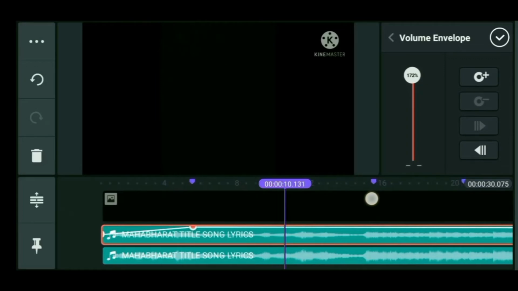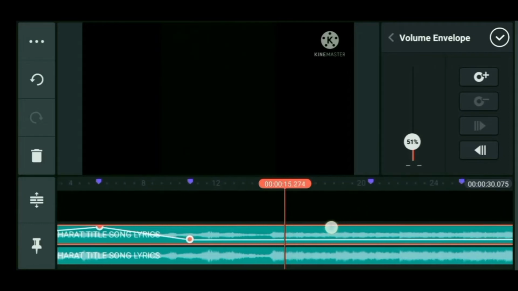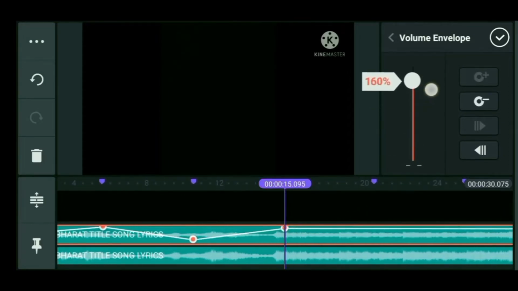And at the next 5 seconds you have to bring it down to 50. Remember, it should be 50. It can be 51, 52 or 49; it does not matter within 1-2 units. So do the same thing. It should be 175 and 50 respectively.